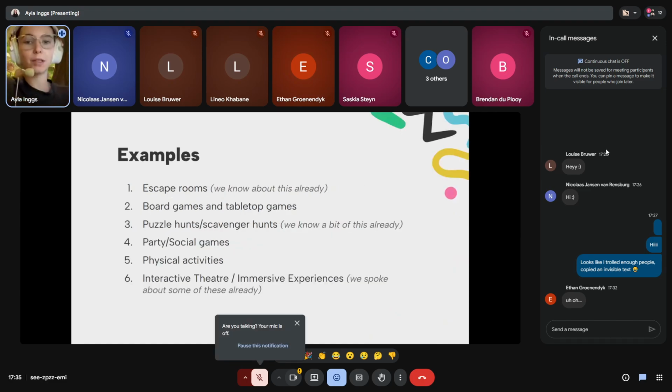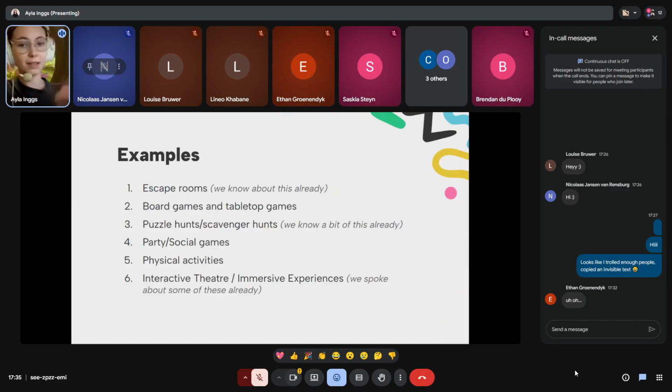Some examples of in-person games that we already know about are, obviously, escape rooms. We know that it's got a lot of different people in there and we are in the same physical space. Obviously, we have our online versions as well, but we're again only focusing on the physical ones. We get our board games and our tabletop games, which we'll discuss a little bit more. We get our puzzle hunts and scavenger hunts, which we spoke about in the precursor section, so we're not going to cover those again.